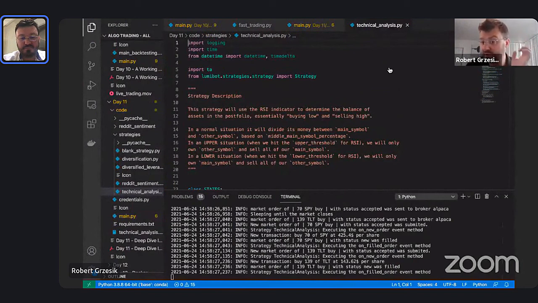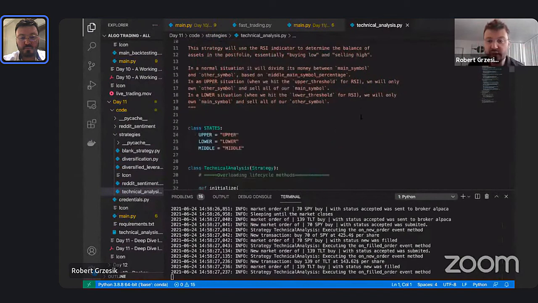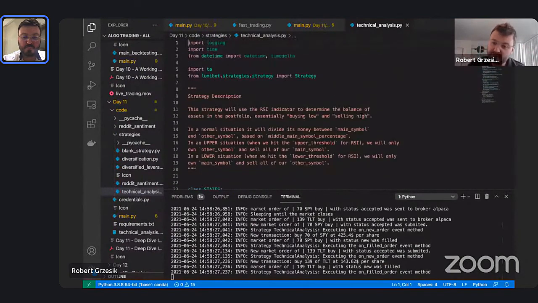It depends on how you trade. If you trade support resistance, if you trade using VWAP, if you trade using some sort of technical analysis, RSIs or Bollinger Bands or whatever, we could implement all that kind of stuff. So here is a technical analysis strategy. This one trades a little slower, but you can mix the two together. You can make it so that the last one that we had takes the top 4 stocks.